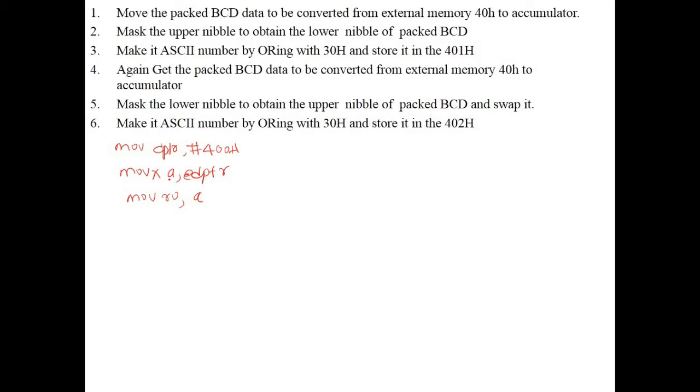Right. So what is the next step now? We need to mask the upper nibble to obtain the lower nibble of the packed BCD. Correct. So what is A having now? A is having 29H, correct? In this register R0 is having 29H.